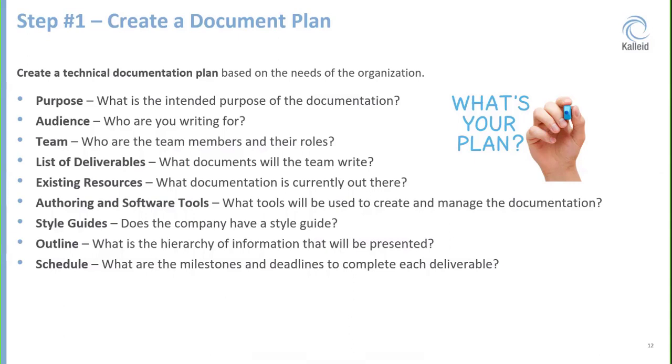Also, how are you going to write your documents? The doc plan can encompass this. Outline what each deliverable is going to do. What are the topics you're going to present? And what's the schedule? When are things going to be due? What's the launch date? Reach those milestones. And as I said, the doc plan is a living document,